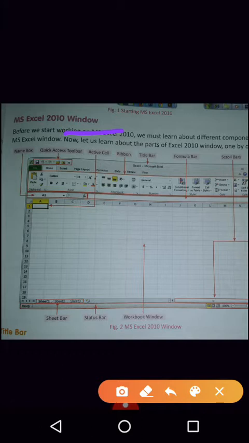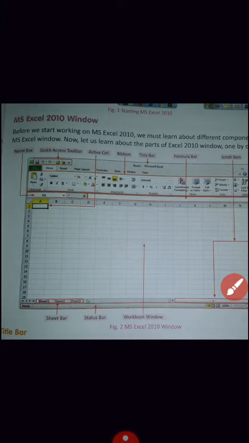Firstly, this is the name box. Name box is used to give or to show the name of the sheet. By default, the MS Excel application has 3 sheets. We can rename these sheets according to our desire.